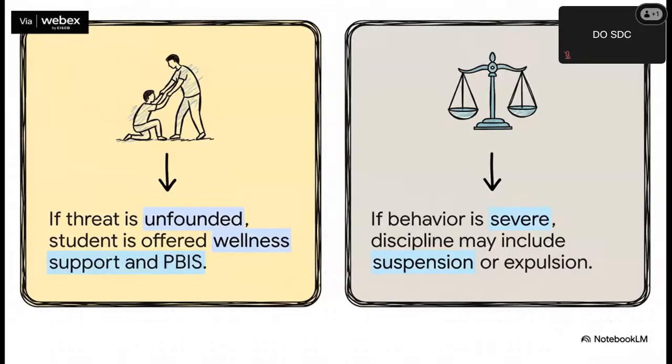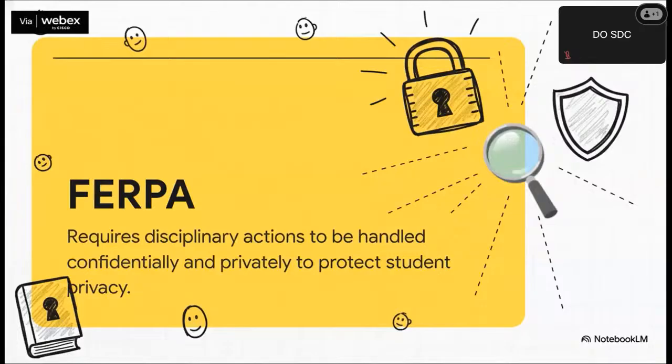Now you're probably thinking, why don't we ever hear the specifics about what happened to a student? Well, the reason for that has a name, FERPA. It's the Family Educational Rights and Privacy Act. It's a federal law, and it requires that all student discipline has to be handled confidentially. It's all about protecting that student's privacy. So even when action is being taken, the district just can't share those details with the public.